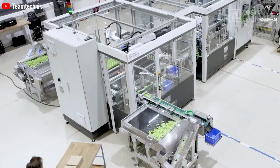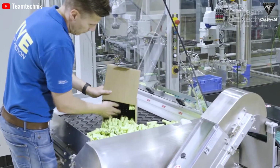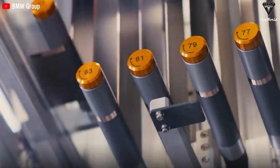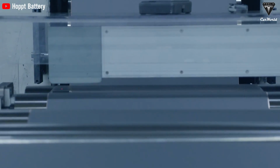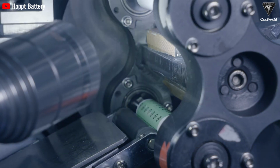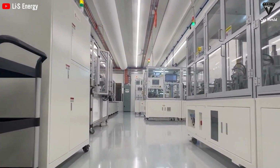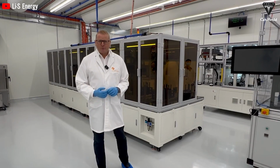The manual handling of battery components resulted in higher error rates and just slowed things down. Therefore, the company's automation strategy extends to automated transportation systems, quality inspections, and packaging processes. By leveraging AI and machine learning, Tesla is able to analyze production data, predict potential defects, and optimize manufacturing processes. This technological approach aims to reduce manufacturing defects to just 10% by next year, significantly improving the reliability of their